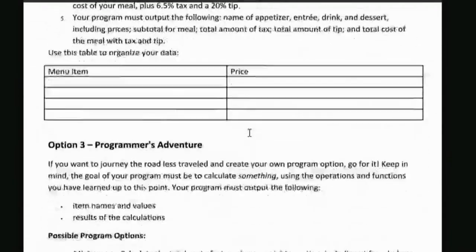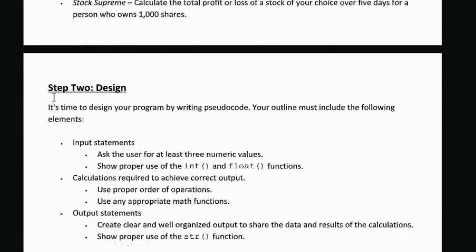Let's see. We didn't choose this option. Didn't choose this option. All right. Step 2, design. Time to design. Ask the user for at least 3 numeric values. So whoever uses your program should be entering at least 3 prices. Now they can use your wish list. You say, I want a Nintendo Switch. What is the price? And I would enter what I found the price for. I want this cable. I would enter the price of what I found, so, but it says in our program,